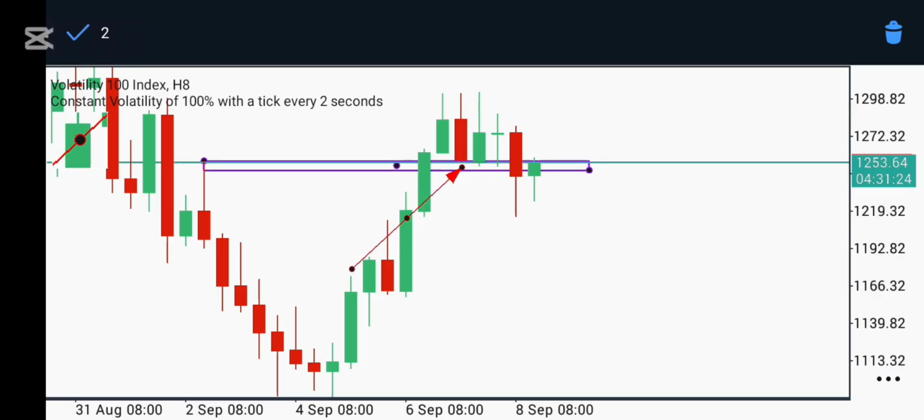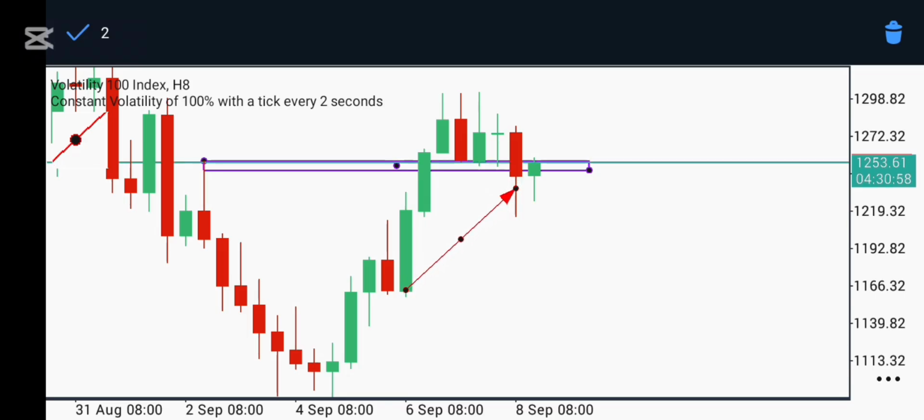It tested like 3 times, and remember this is the 8 hours time frame. The higher the time frame, the stronger any zone you see, even if it's a trend line. So the market broke below. I think it's closed below the zone,